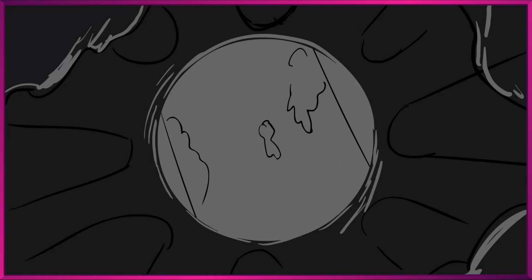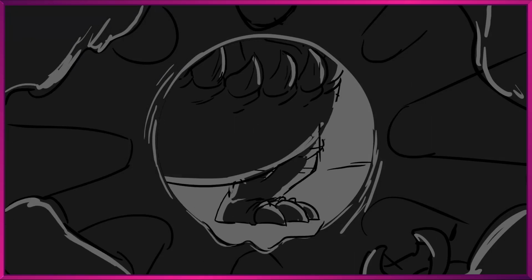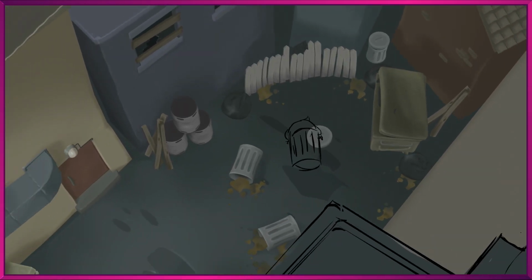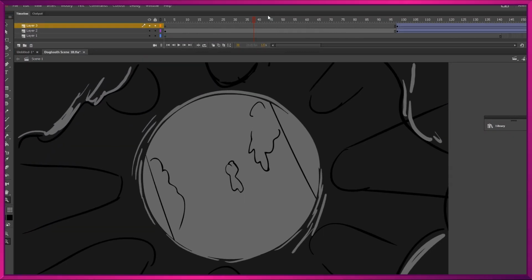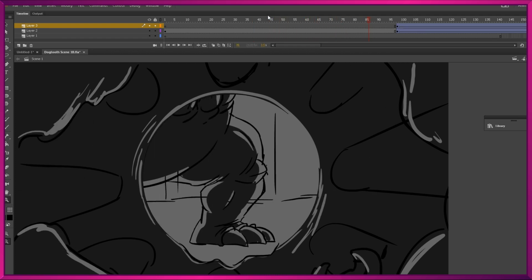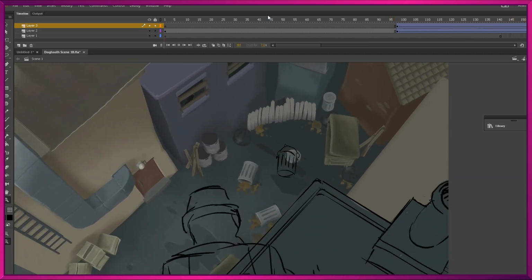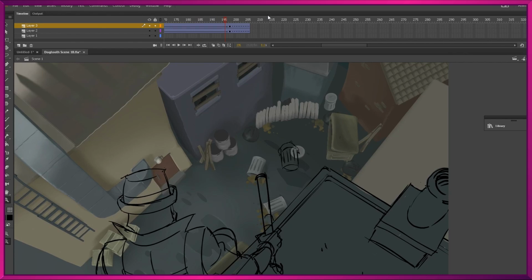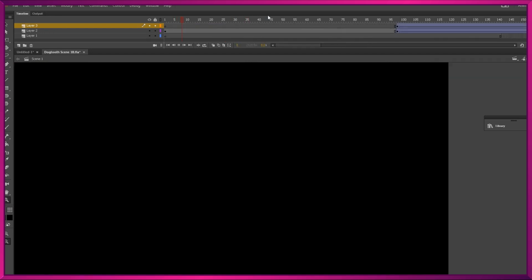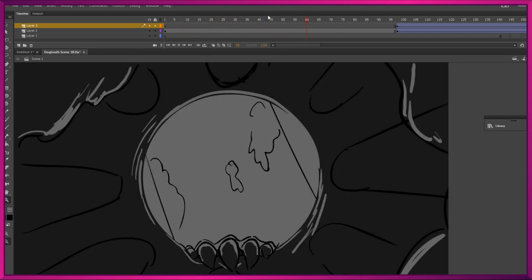So we have our first shot here, a cool POV from inside a rubbish bin or a trash can or whatever you want to call your refuse receptacles. It's fine with me. We tumble down here as the rubbish bin is sort of savaged by this creature, and then another POV, but this time more over the shoulder type POV from Dogtooth's perspective, and I think that does a good job of slowing down the action a bit, setting the scene and putting us in the mindset of Dogtooth. But today on ShotBlast, we are going to create this shot, and then next time we'll create the other shot,